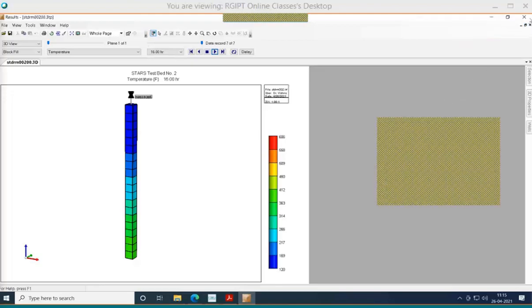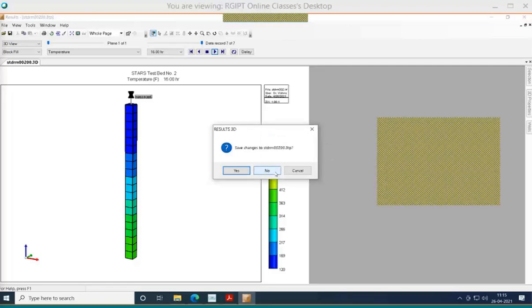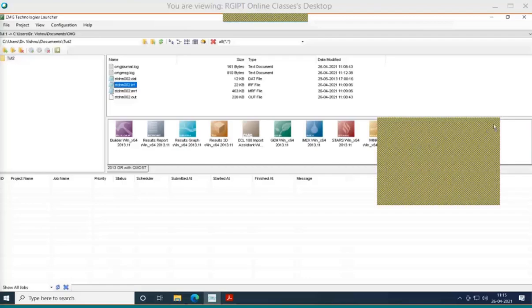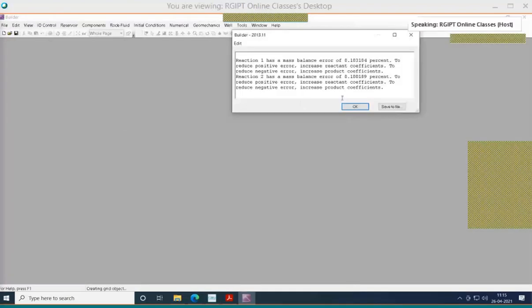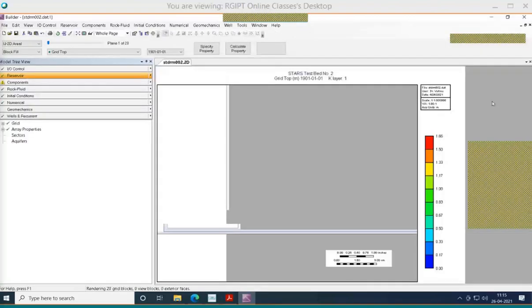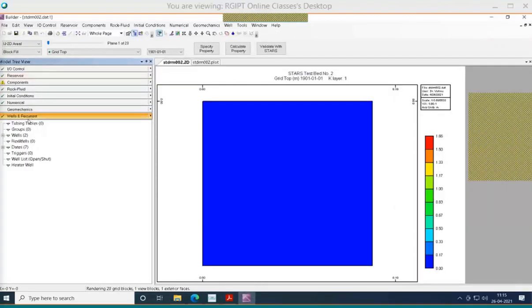Okay, so we can close this one and come to our next thing. Again I am opening the data file. Let us say I have seen this much of oil has been produced using this particular configuration.